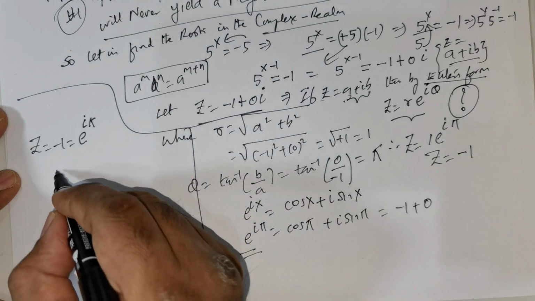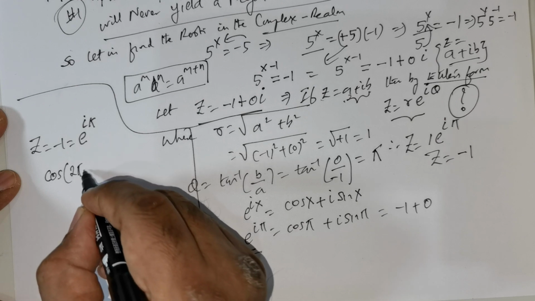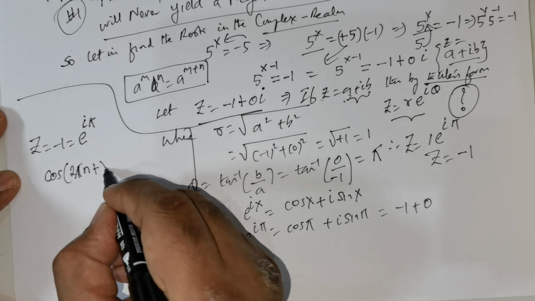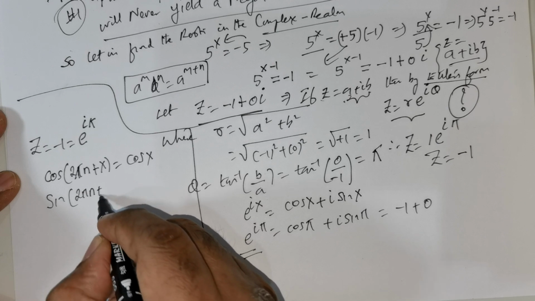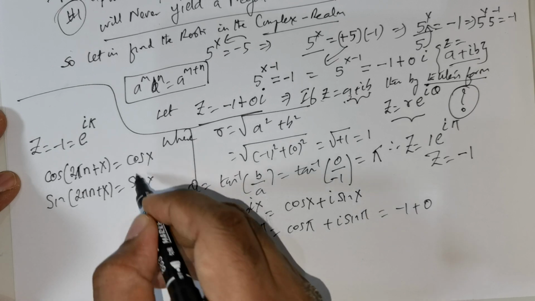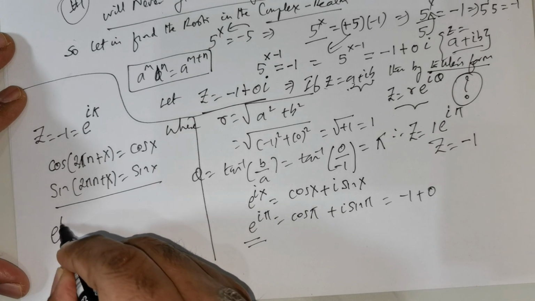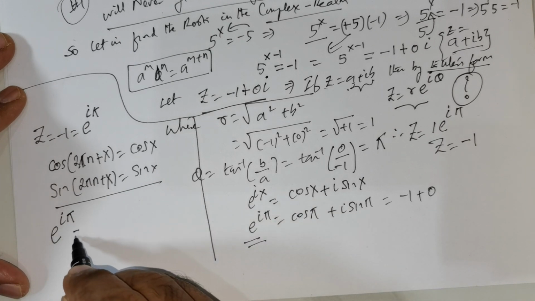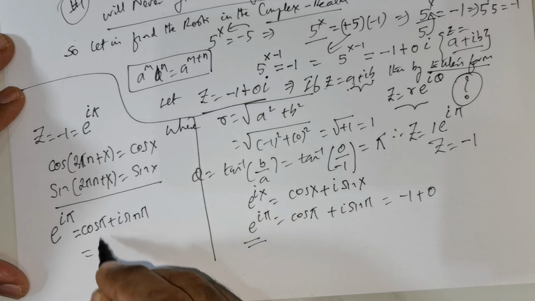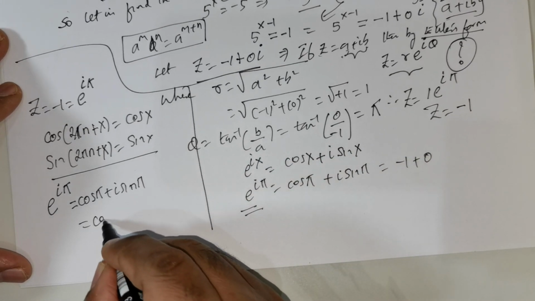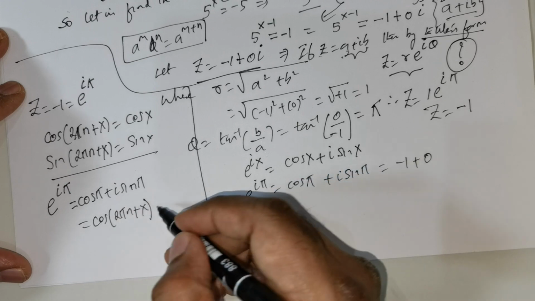Now we know that cos is a periodic function, and cos of 2 pi n plus x is going to give me cos x, and sine of 2 pi n plus x is going to give me sin x. Cos and sine are periodic functions. So what I wish to do is, can I write e raised to the power of i times pi, which is equal to cos pi plus i times sin pi, as cos of 2 pi n plus,